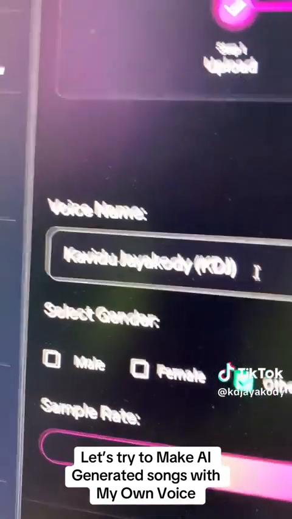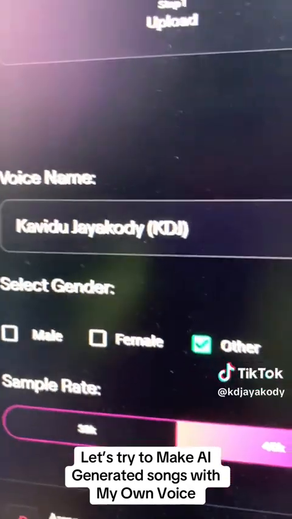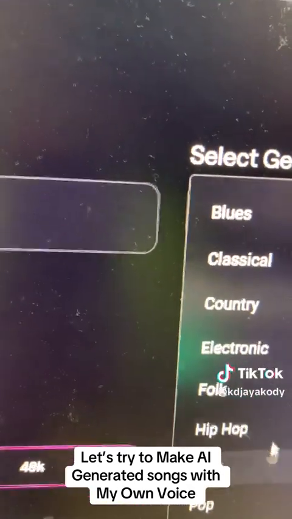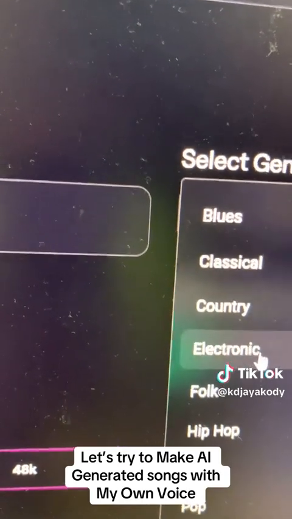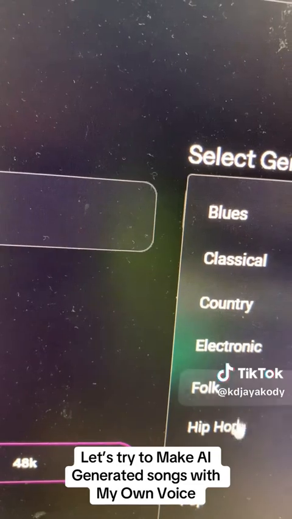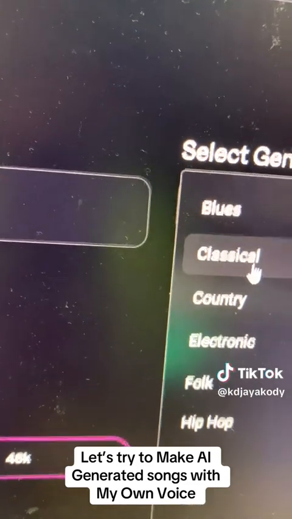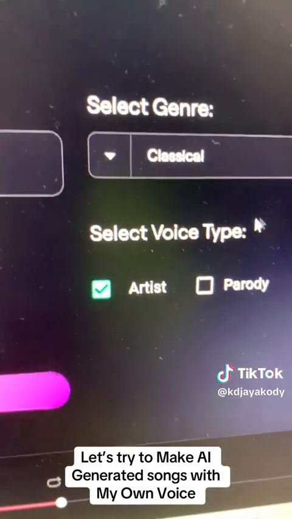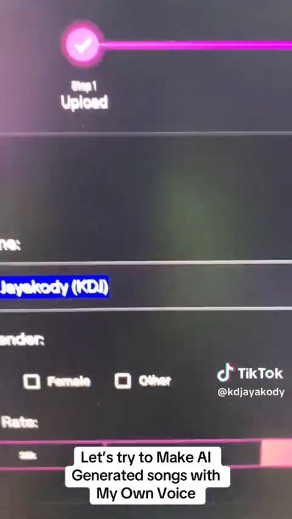Who are you, what is the voice model, voice name, and select the genre. So let's select the genre as, maybe, I don't know what the genre is here, but I will say classical, and this is the male voice. Sample rate is 48k, voice type artist, and I'm going to make the voice name